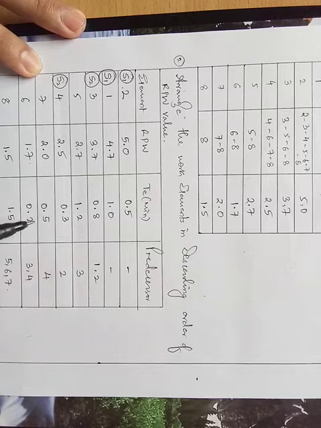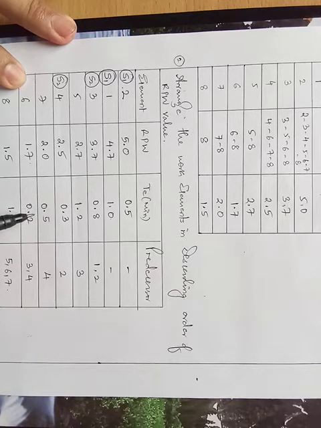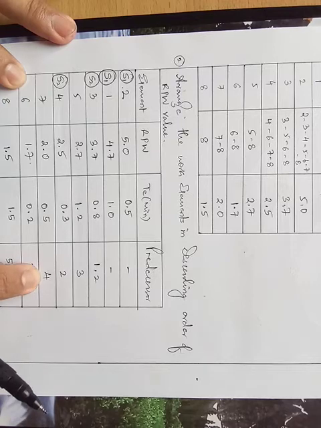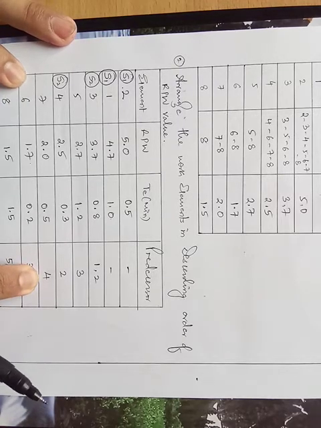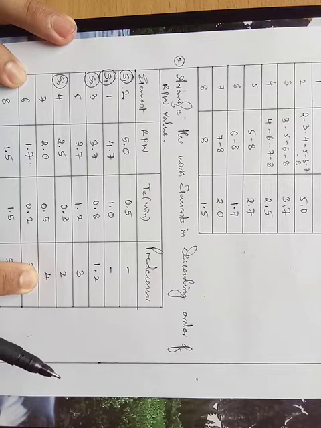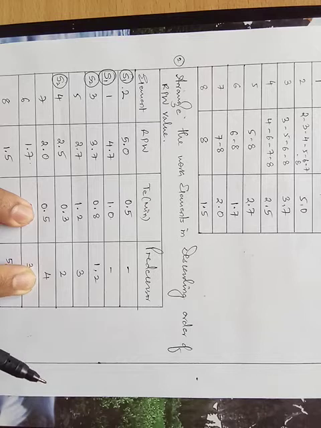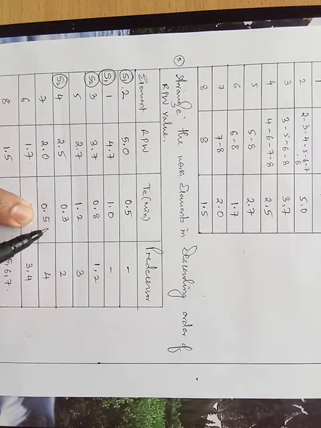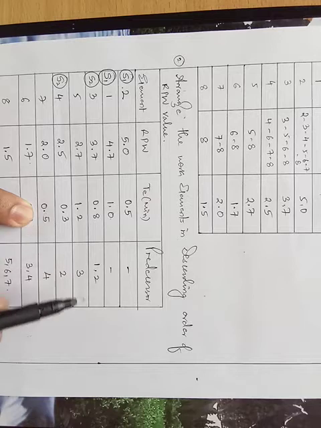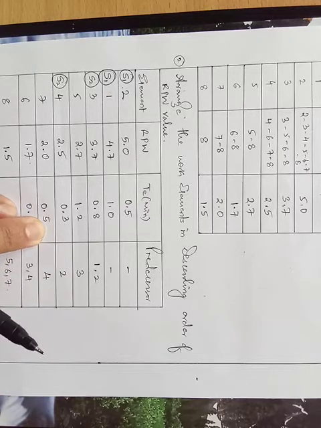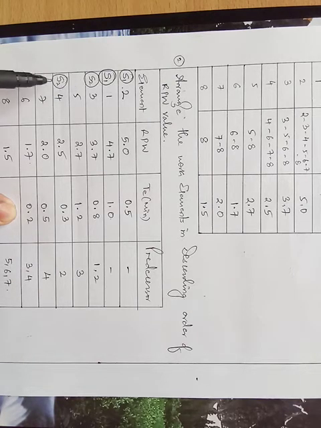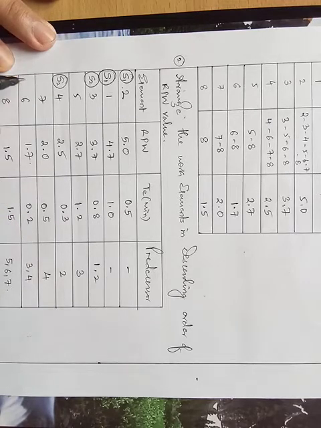Let me check out. Now the next element is work element number 7, but for that the precedence is 4, and the time is 0.5. I can accommodate only 0.4 because 1.1 is already accommodated, so this is not possible. Now work element number 6, precedences are 3 and 4. 3 and 4 are already completed and the work element time is 0.2, and that is the reason I allot it to station number 2.